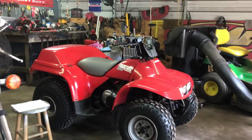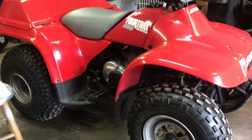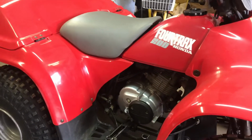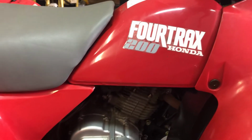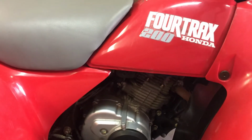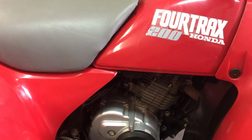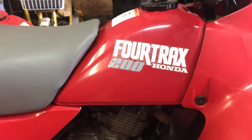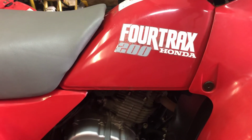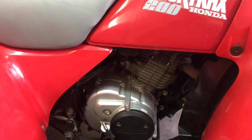There's a lot of people asking about oil filters. I've seen many sites where they actually sell an oil filter, just a typical regular oil filter cartridge for a Honda. They sell them for these 200 4-tracks, like 1991 to 1997, the Type 2s. This one's just a typical Honda 4-tracks TRX200. Then you've got the Type 2, but all of them are basically the same engines from 91 to